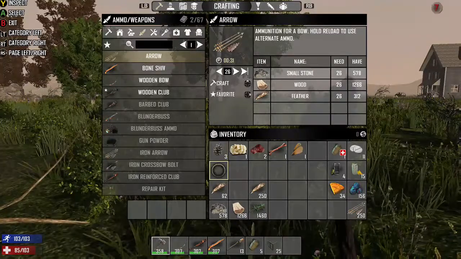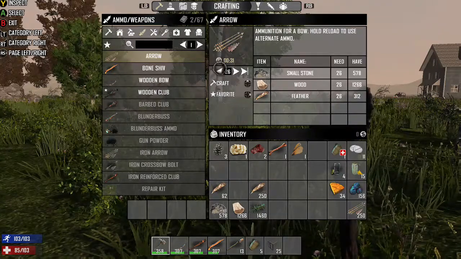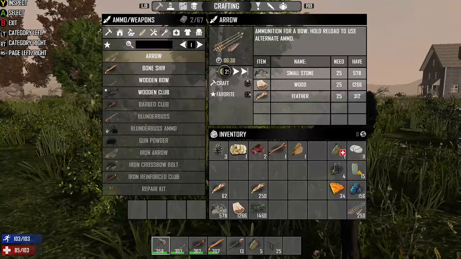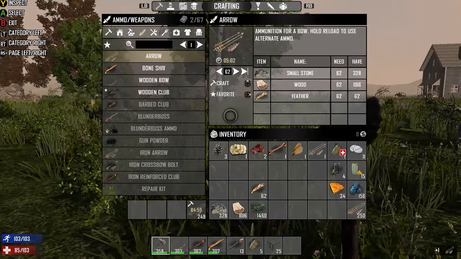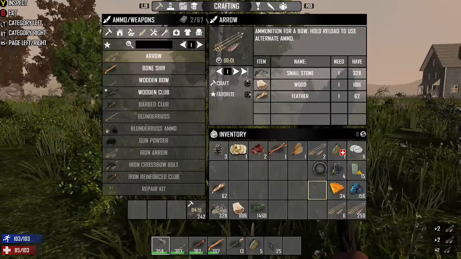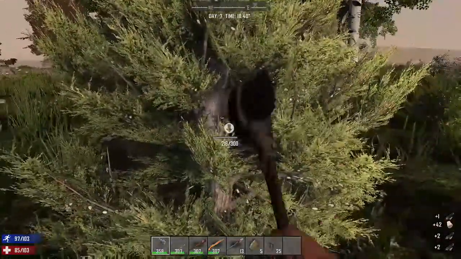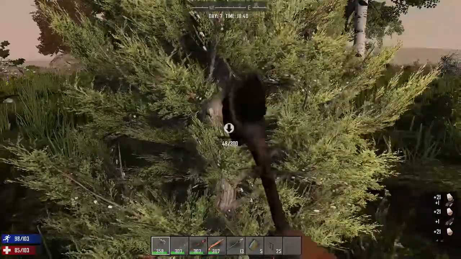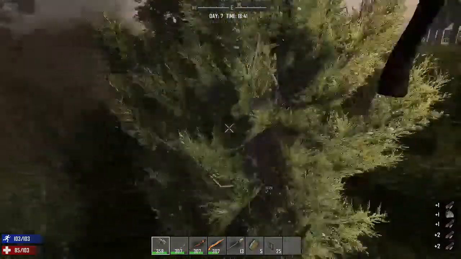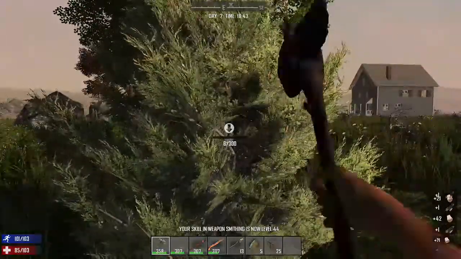Much better, much better. Okay, now. Okay, we got one stack of arrows. And we're gonna make another one. Does that leave us stone-wise? Yeah, we need to get some stone. Not an emergency, but